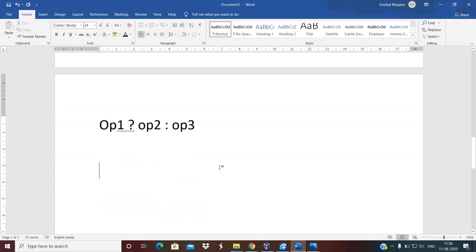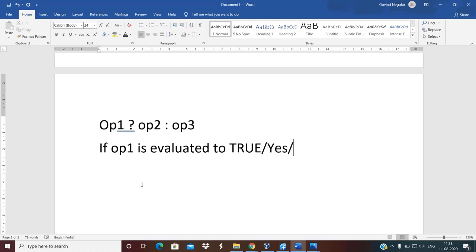Now I will quickly tell you how this ternary operator works. It first evaluates the expression which acts as operand 1. So if operand 1 is evaluated to true or yes or 1, in C programming I just need to specify 1 here. 1 means true or yes.